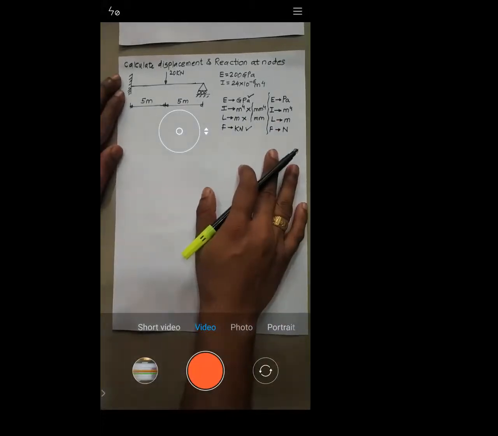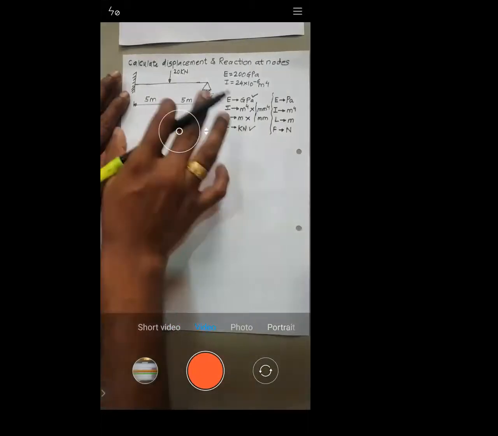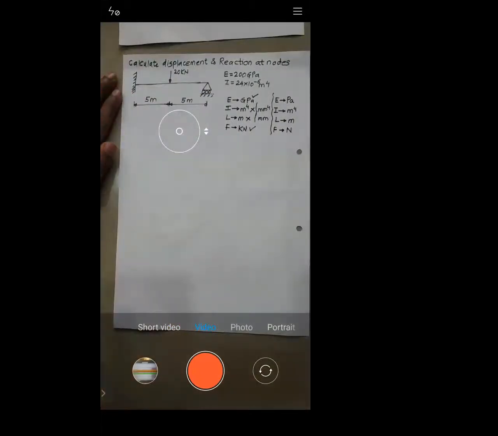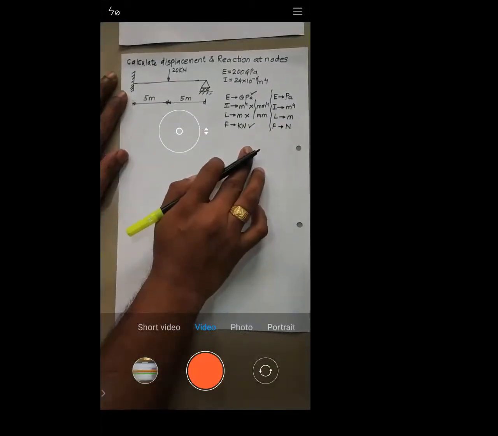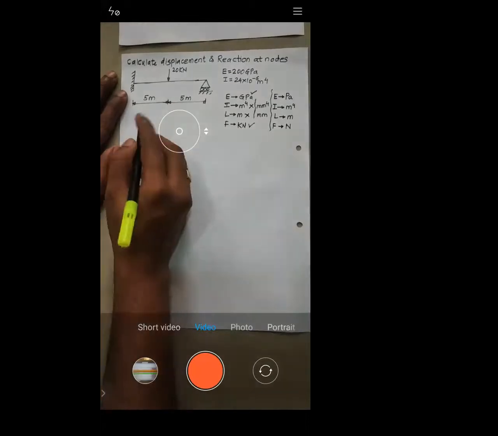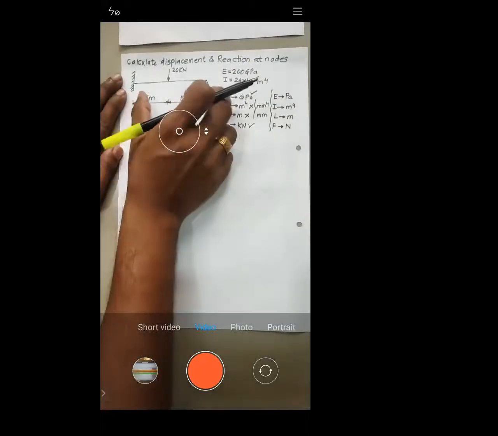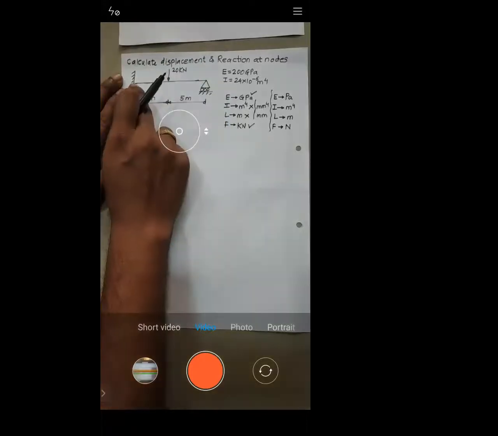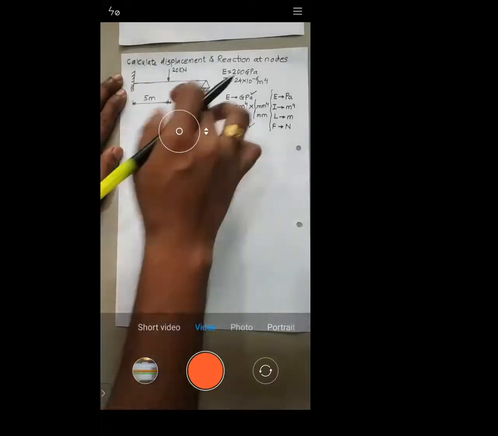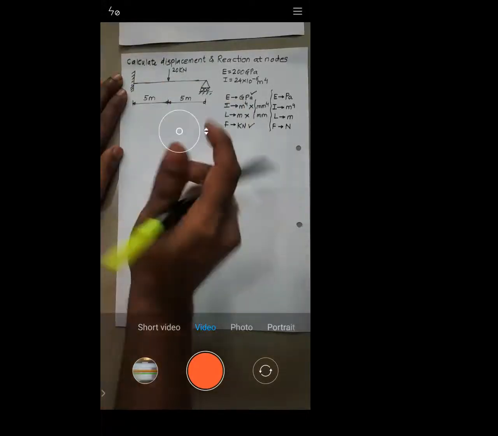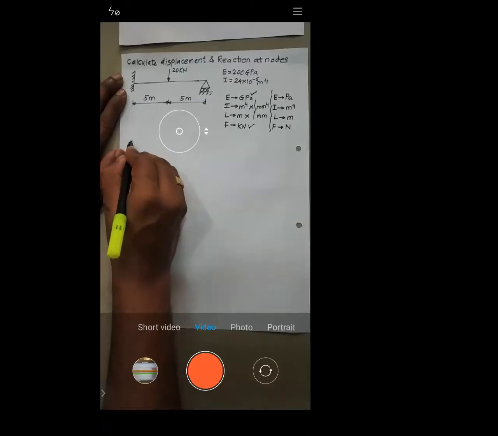So let's do that, right? Now we are interested to solve this problem. The very basic step is the discretization. We should form the elements. If you see, this is a single element. This is a beam, so it's a single element. If you see this beam, it is to be a single element,